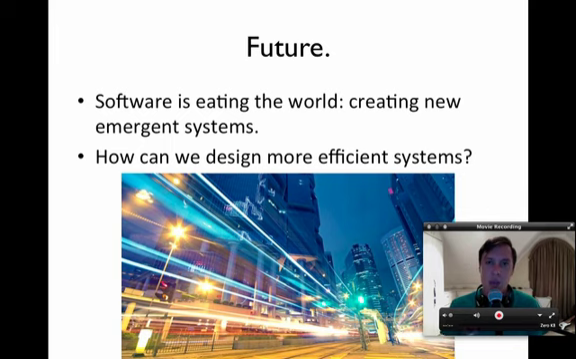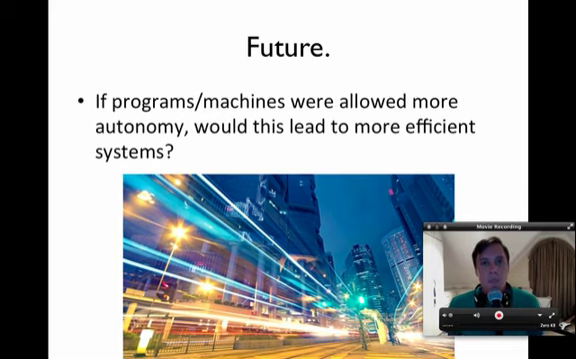The question is, can we design more efficient systems? And if so, what will it look like? What will enable this? One of the things that I think will bring about a very exciting new thought paradigm is this: if we can develop programs on machines and give them more autonomy, would this lead to more efficient systems? And I think the answer is a definite yes, because if we think about the way in which current systems are being run,